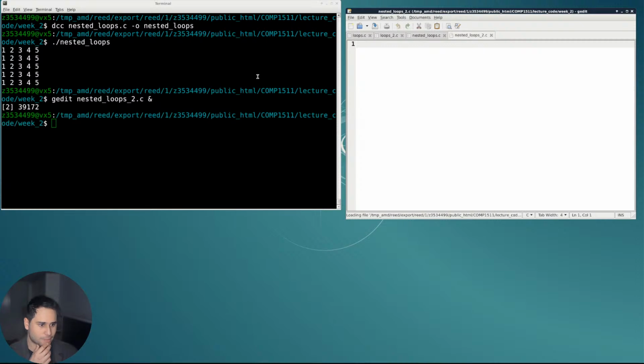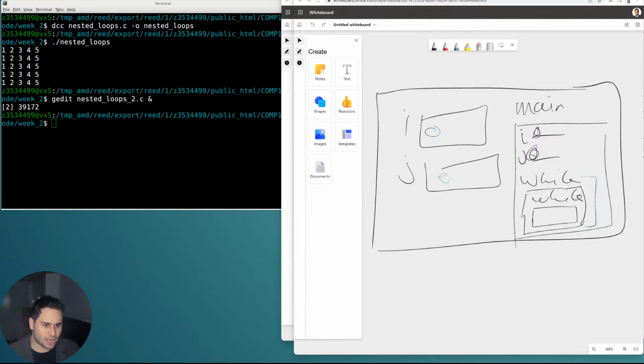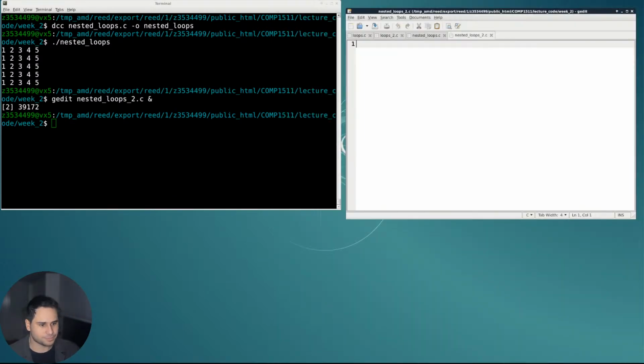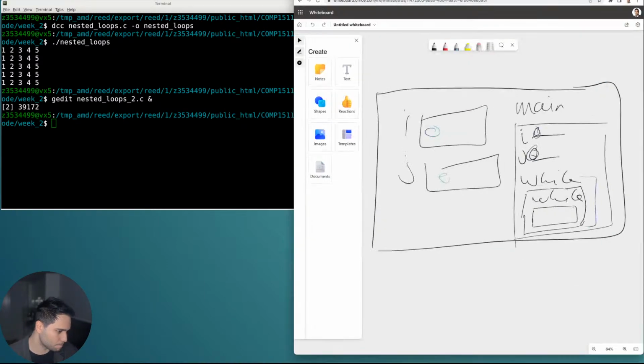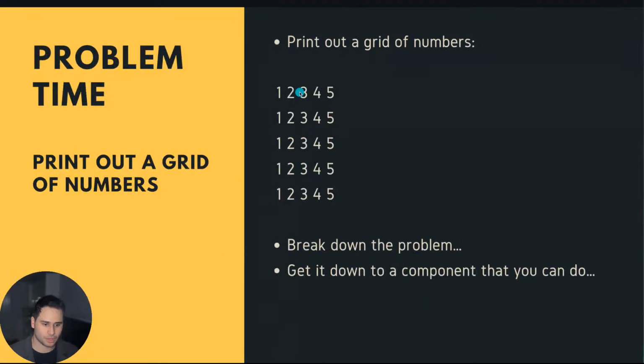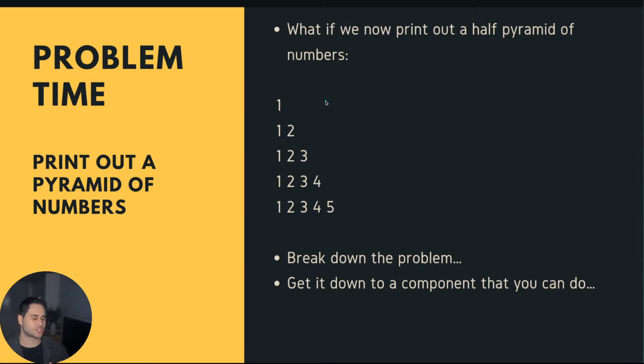All right, we can open our final file today. Now let's go back to get a refresh. That's the first problem we wanted to solve, and we have a slight variation of it for the last 10 or so minutes. What if we wanted to print out a half pyramid? The first time we run the loop, we want to print out a 1. The second time we want to print out 1, 2. The third time 1, 2, 3, then 1, 2, 3, 4, then 1, 2, 3, 4, 5. So once again, we need to break down the problem, think about it,